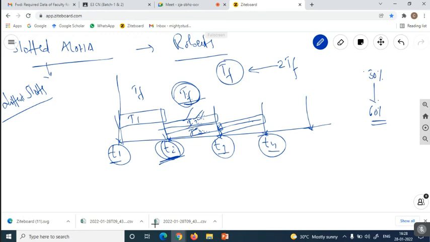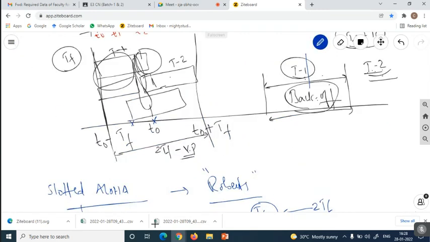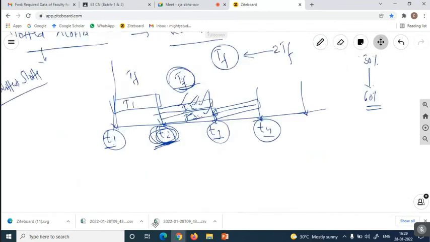In slotted Aloha, at the second time slot, terminal 2 and terminal 3 are releasing the frames, and in pure Aloha at this particular time T2 is releasing, T4 is releasing, and T3 is also releasing the frames. That means we get a collision upon releasing the frames by multiple terminal devices. Every terminal is not bothering about another terminal device.